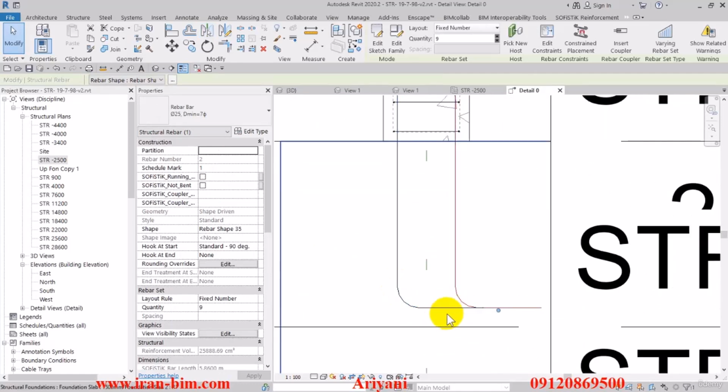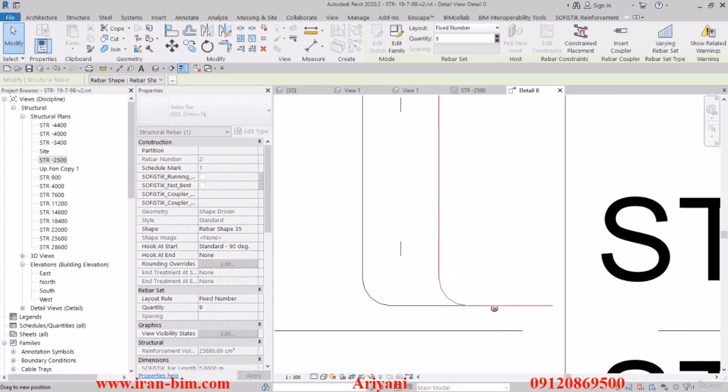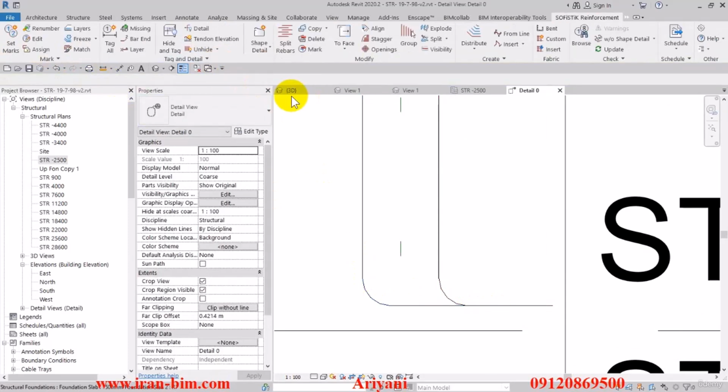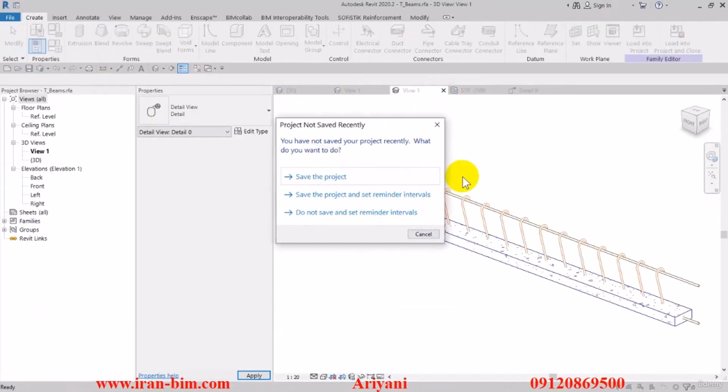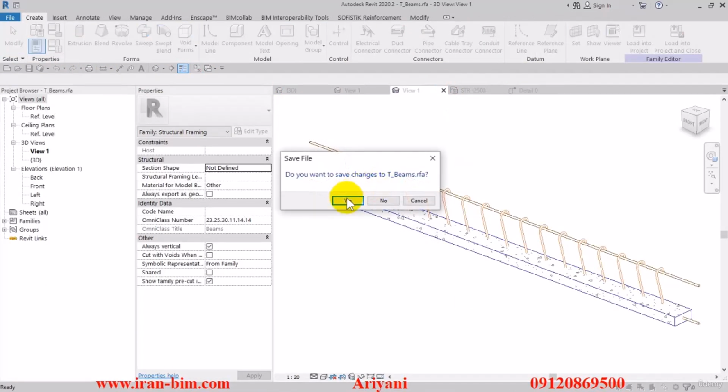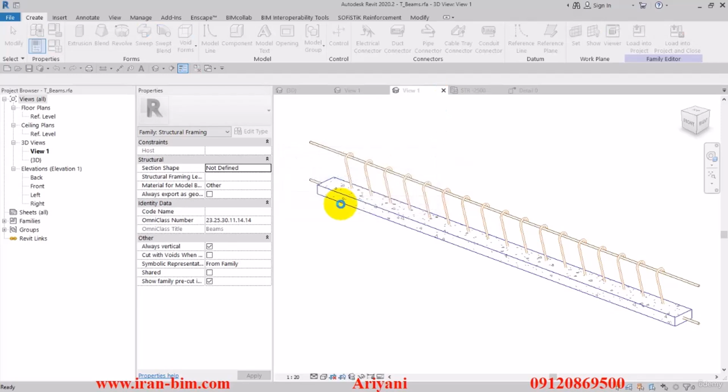So this part down here, in order to prevent the collision of these two rebars, we can move this part upwards a bit. Just remember to do this to avoid any issues. Now we'll go to the 3D and close this one and then